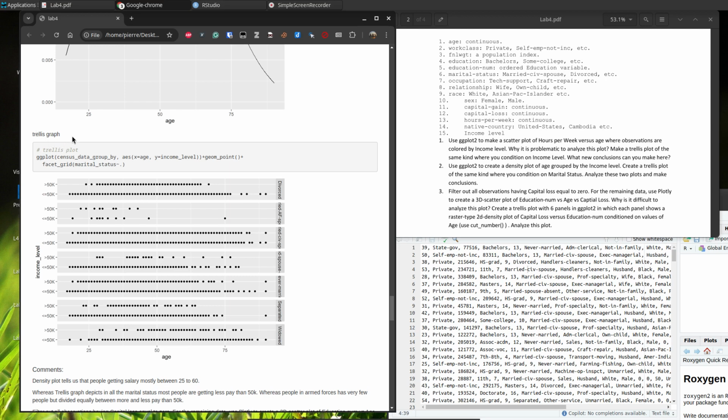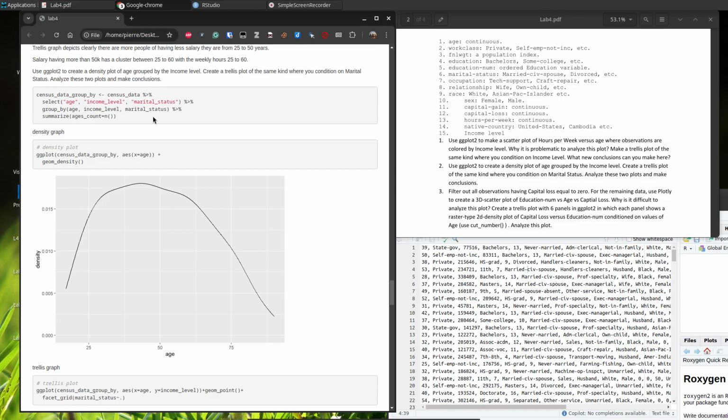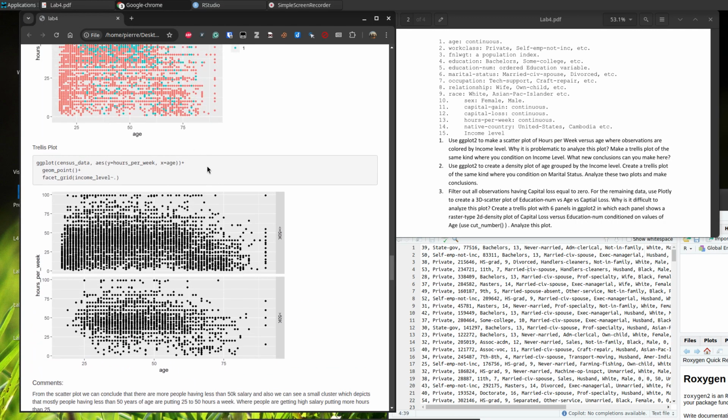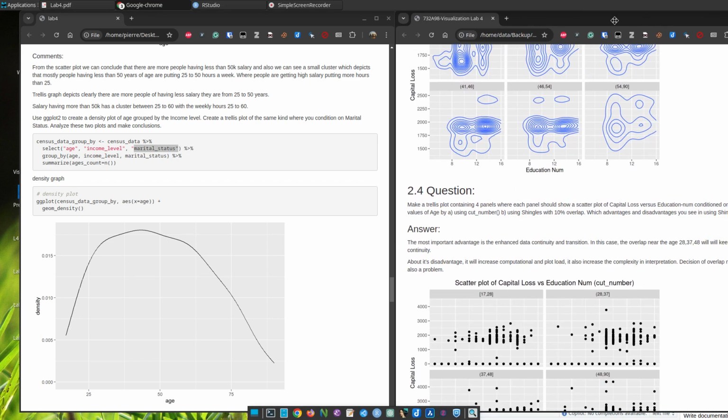Okay, but I also found something which is not proper. Okay, because we already, just like here, we already use the income level, and we already have age and marriage status, because we have a marriage status here. So it's better to split this curve to two curves using the tensor plot. And here is